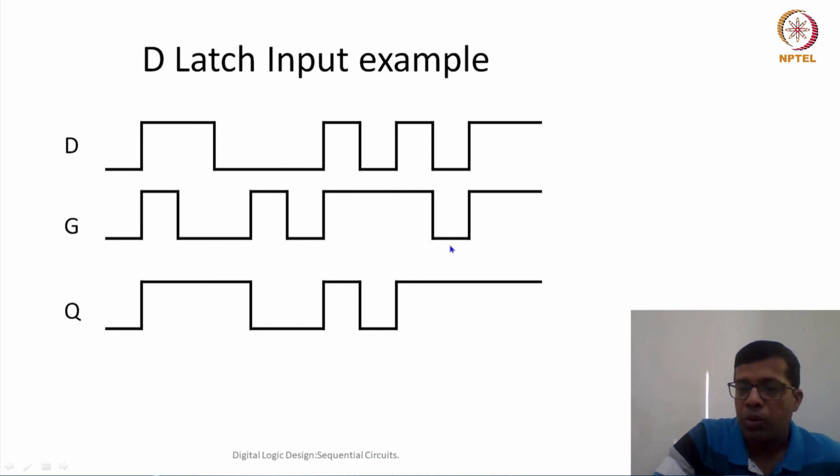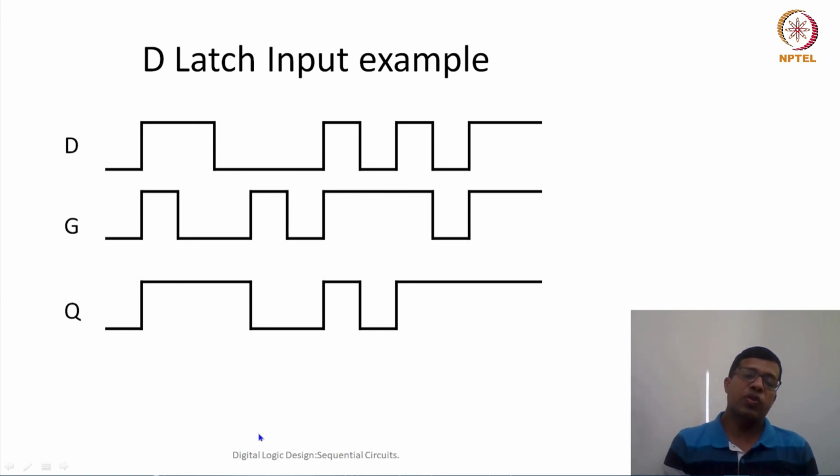Now at this moment it is a little tricky. G has become 0. Because G is 0, we don't see the value of D. We simply copy whatever the previous state was, 1, so it is still 1. After some time, G became 1, so my output will be the same as the D value, so the output is 1. Similarly, we can work out different kinds of inputs and see what the various outputs would be. This should be taken as a homework exercise: try various combinations of inputs and see what the output would be for each.